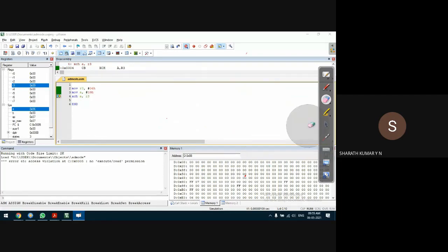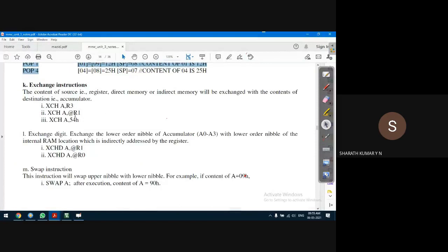For this instruction, the other possibilities are that it can be registers also. One of them should be the accumulator. It can be register addressing mode, register indirect addressing mode, or direct addressing mode. That means one of the data can be pointed to by register R1 or R0.